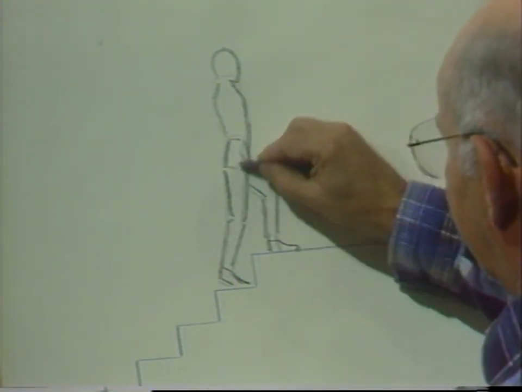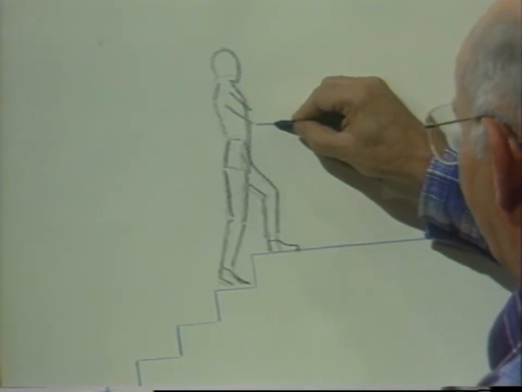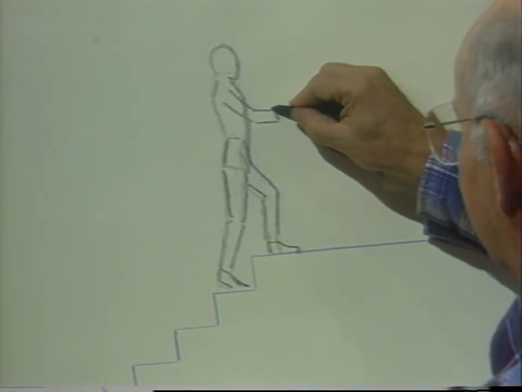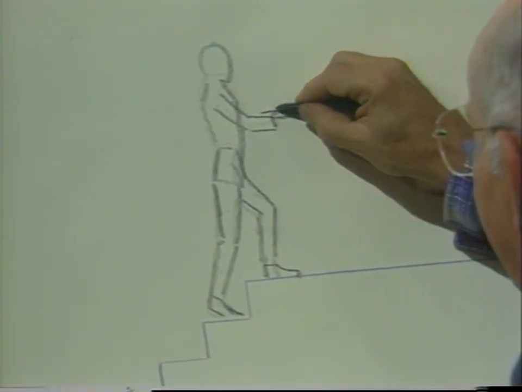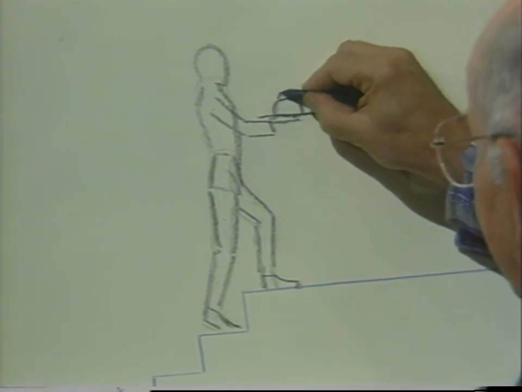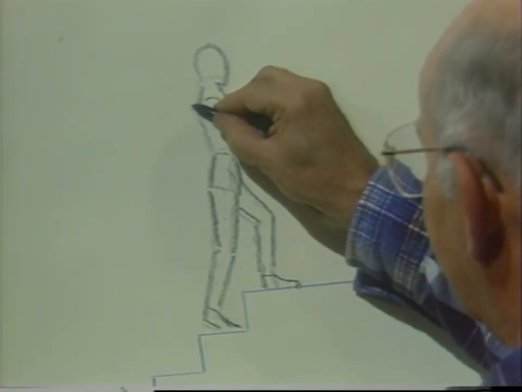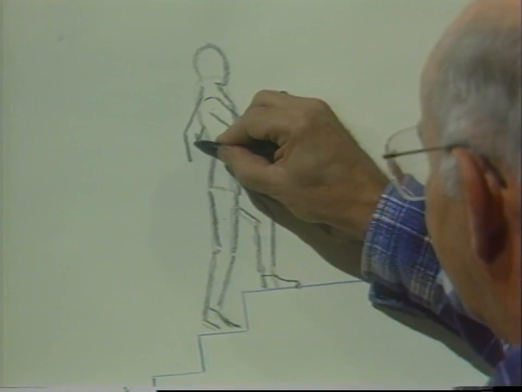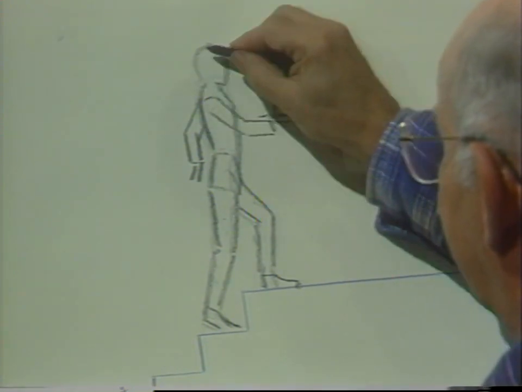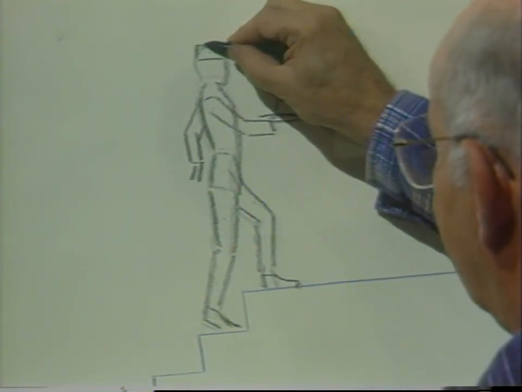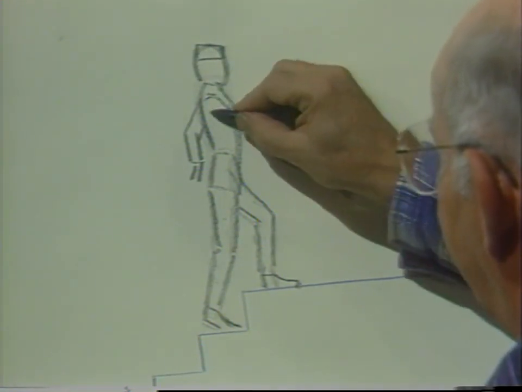Now, the close-up leg is back, so the close-up arm will go forward. As you remember, they work opposite. The arms and legs on the same side will work opposite. This man's carrying a tray and an object here, could be food. So the faraway leg is coming forward, then the faraway arm will be back, like this. And the man may be a waiter, bellhop,